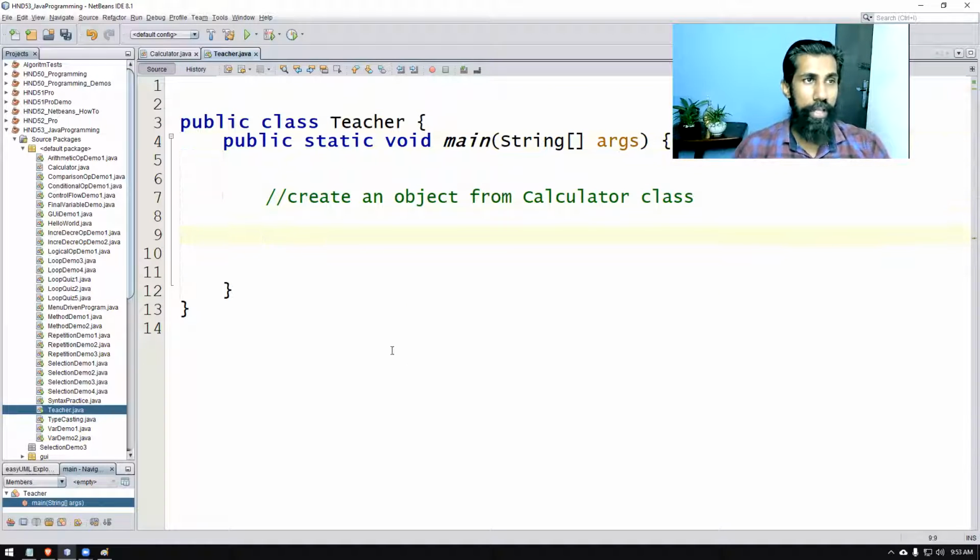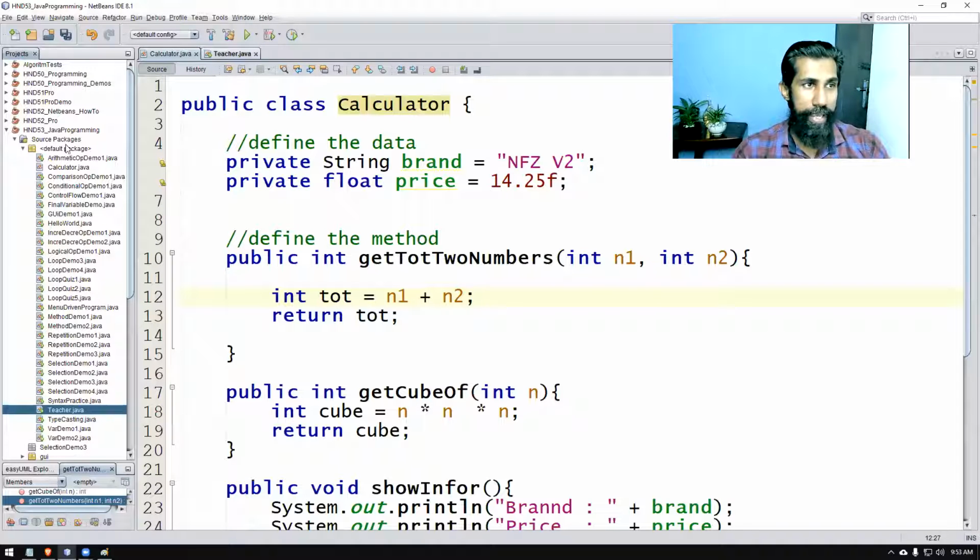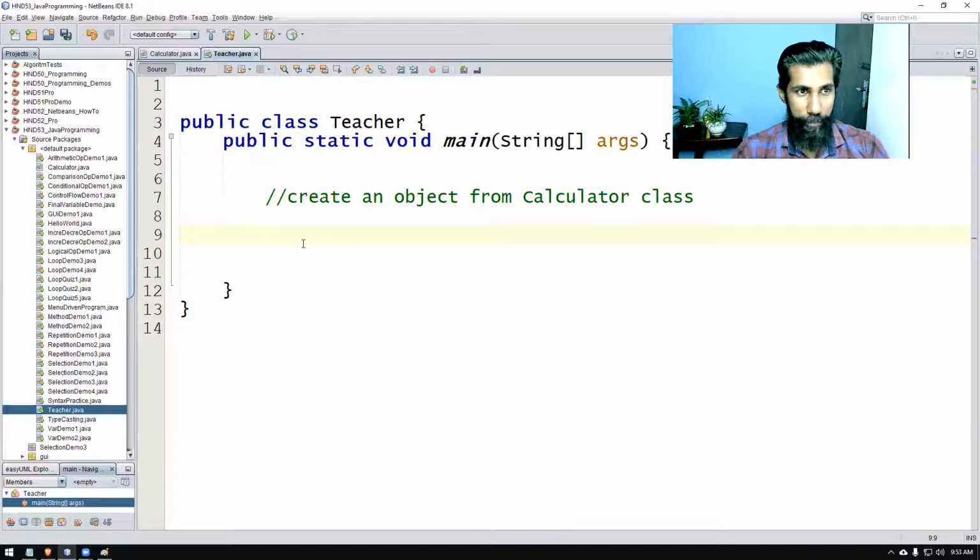We're going to use our own class that we created now. Both are inside the same folder. We say that is in the default package. If something is inside the same folder, we say that is inside the default package, right? Nice. Now we will create the object.